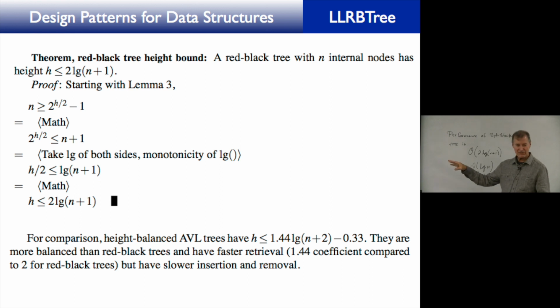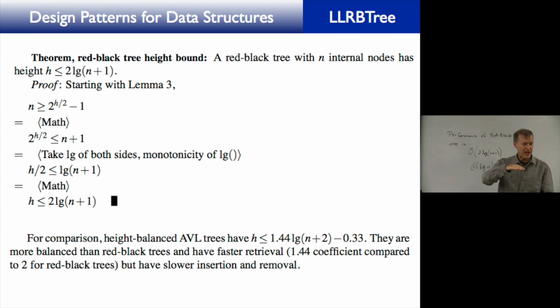You can Google this stuff and find all of it on Wikipedia. But anyway, what is this? What is this 1.44 for AVL trees compared to what for the red-black tree? 2. You see, so those trees have